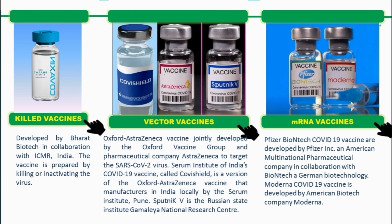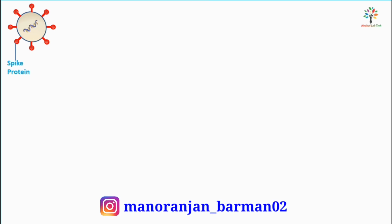Out of these three vector vaccines, Covishield, AstraZeneca and Sputnik V, the working principle of Sputnik V is a bit different, even though all are categorized under the vector vaccine. Before discussing the working principle of vaccines, let's briefly describe what happens when a person is infected by the SARS-CoV-2 virus. This is the SARS-CoV-2 virus which causes the disease Covid-19. The virus has its spike protein. With the help of the spike protein, the virus can attach to the cell receptor and enter into the host